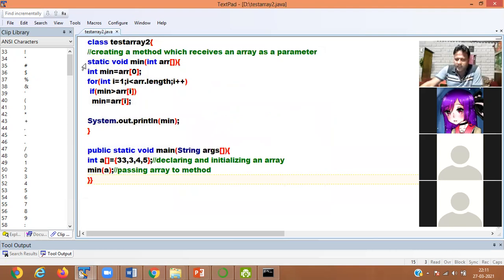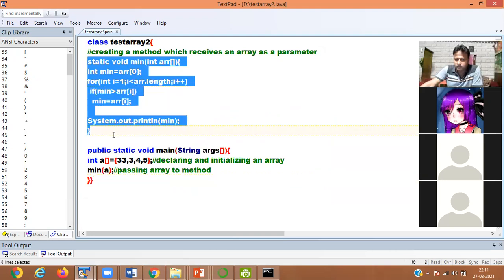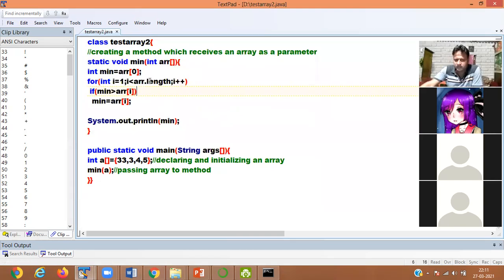So we're defining a method, static void minimum, then int arr. So int minimum equals arr[0].